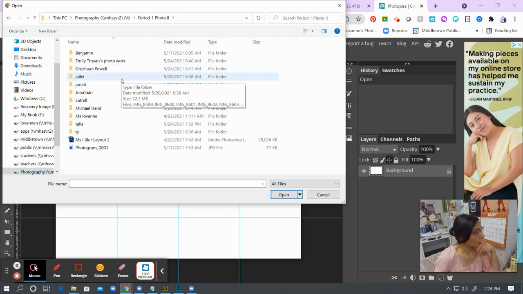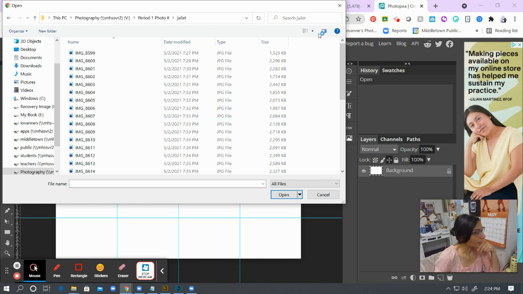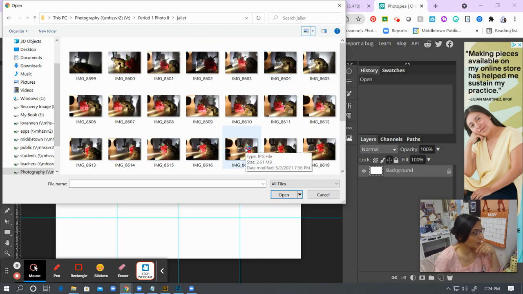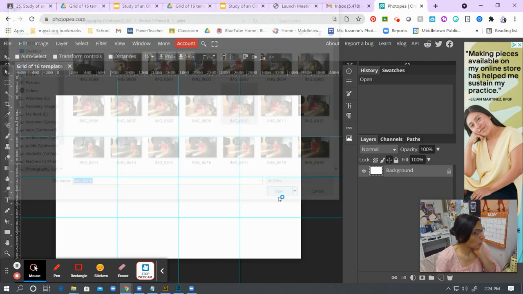I actually borrowed the work of my student Gillette earlier today. This is actually a very different assignment here, but it is a still life like we're doing for the grid of 16. She just is focusing on a number of things. So I'm using it as my example today for you guys. So when I open up my shot,